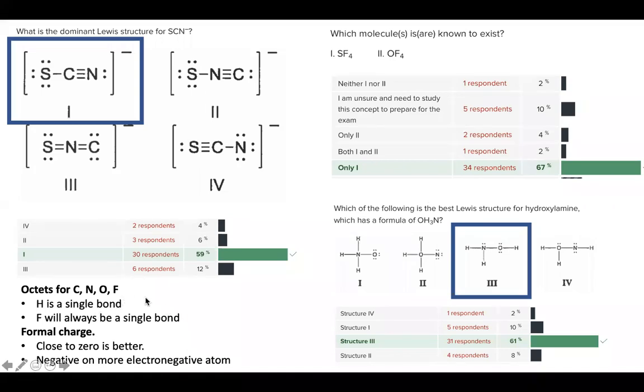For elements like carbon, nitrogen, oxygen, fluorine, I'm expecting them to be octets. I know that hydrogen is only going to be in a single bond. Turns out fluorine's also only going to be in single bonds. So I'm starting with things that I absolutely know, that's what I'm starting out with as far as criteria to have. A secondary factor, and many times it's going to show up in these, is being able to calculate and